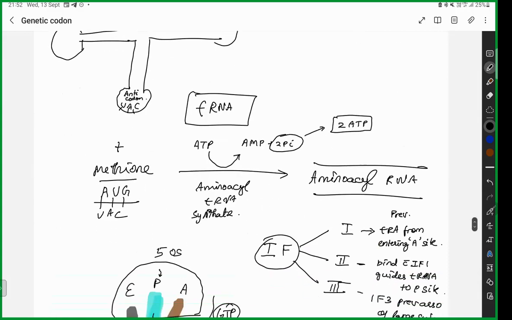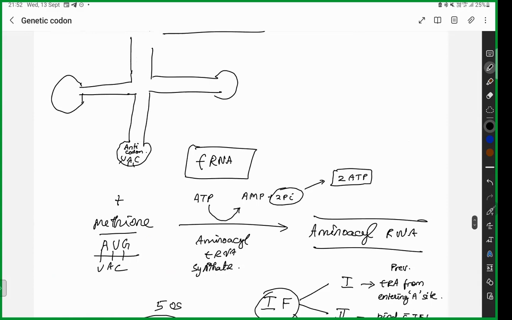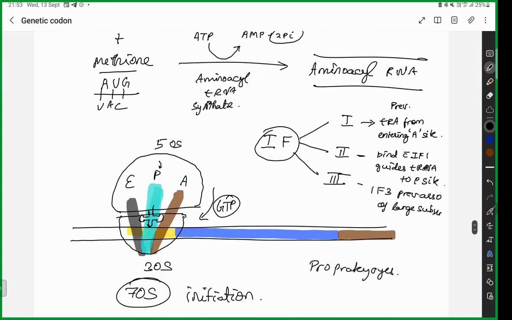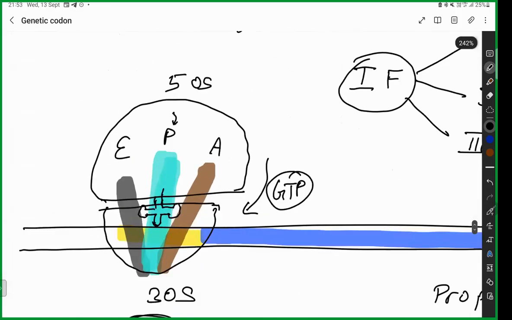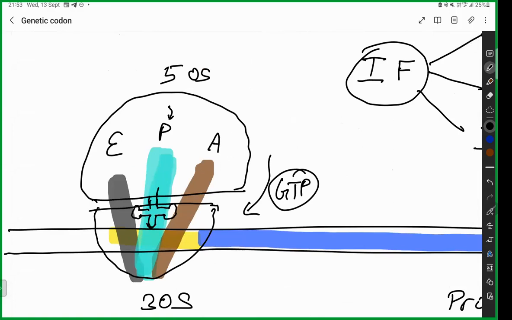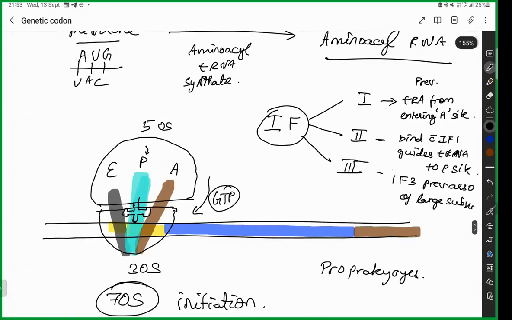In initiation phase, you need to make sure that your tRNA, your mRNA and your ribosomal RNA, all three, are grouped together to form a complex. How do they get grouped together? Remember guys, you have your larger unit and a smaller unit. In prokaryotes, it's going to be 50S, 30S. In eukaryotes, it's going to be 60S, 40S. That's all we learned in the last class. Remember, you have three important sites at your ribosomal RNA smaller unit.